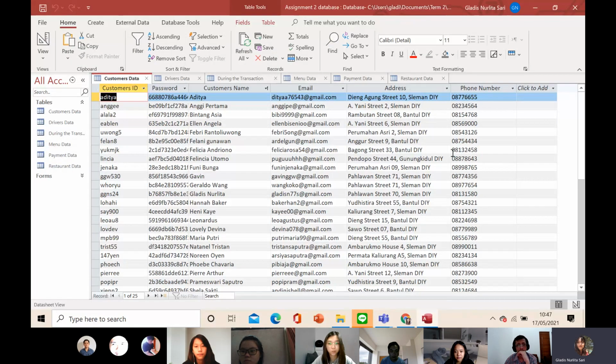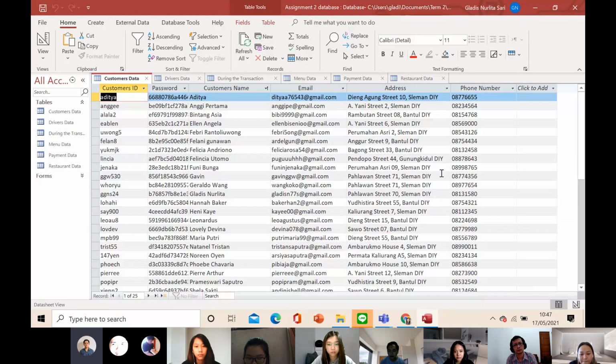So, good morning everyone. We are from Group 1. We would like to do a presentation about our data table. So, this is our data table. Most of them are the same as we presented last 2 weeks. There are customers data, drivers data, menu data, restaurants data, and transaction data. We have added 25 data entries on each of them and made a few revisions about our previous mistakes.